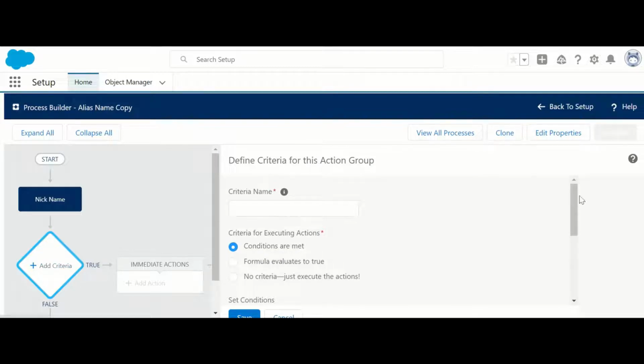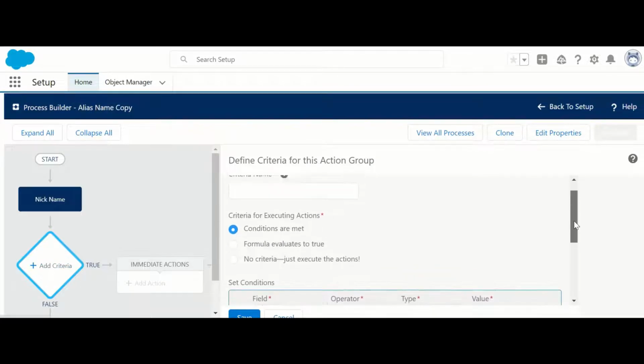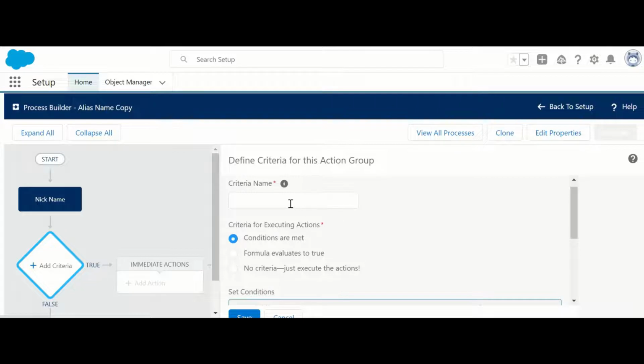Add criteria. Criteria name, Techie nickname. This criteria works like this: if this criteria is true, then this action will get executed.